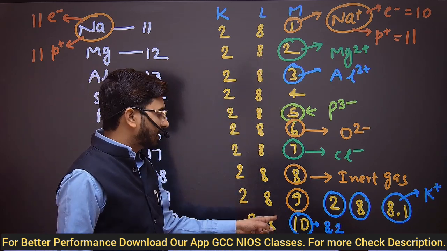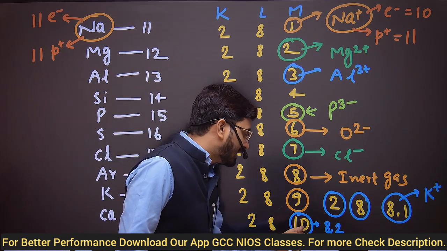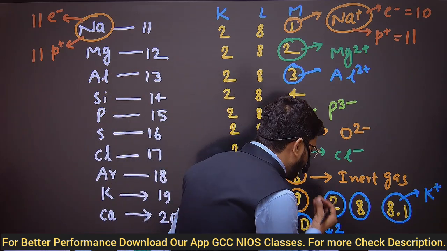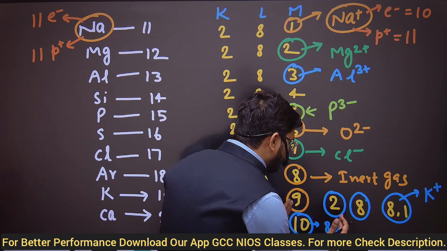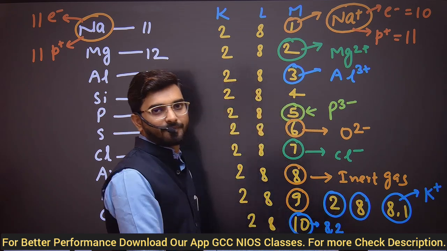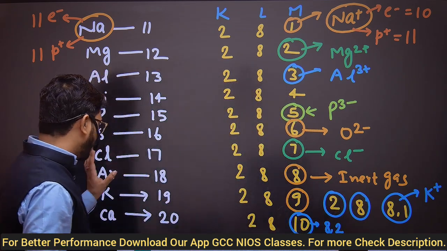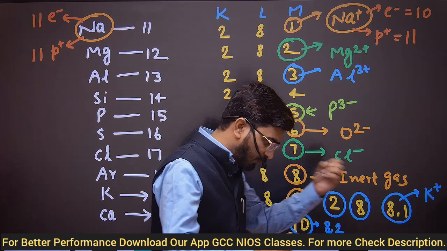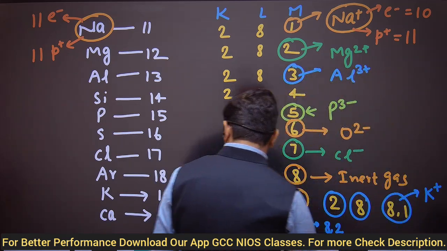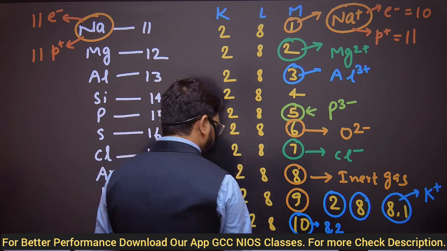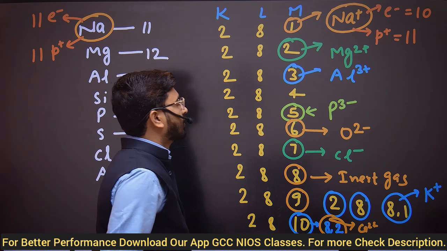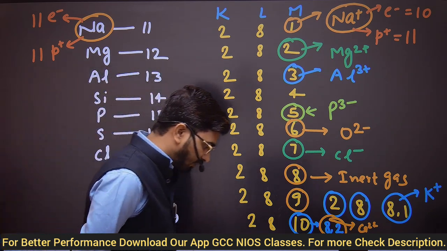In the M shell, there are already 10 electrons. This is also 10 electrons, but we want to split it in terms of 8 and other extra electrons of 8 electrons. So in this case, what will happen? Calcium will decide to donate its 2 electrons to form Ca2 plus, the calcium ion. So these are all the basics of electronic configurations.